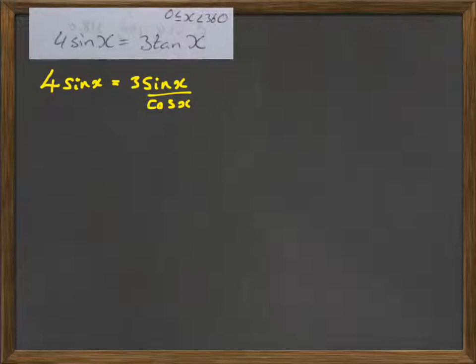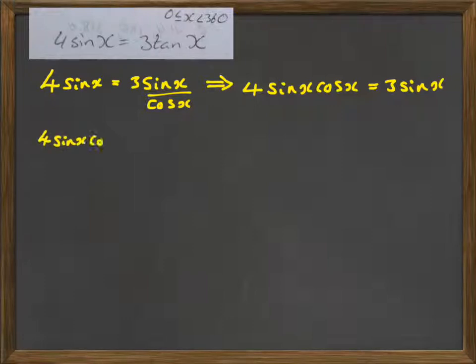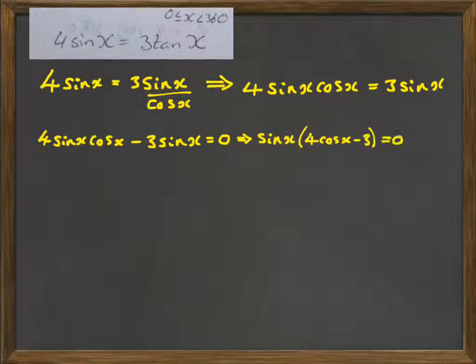of x. The next thing we're going to do is multiply throughout by cos of x, which will give us 4 sine x cos x equals 3 sine x. Now, as mentioned, we want this to be equal to 0, so let's bring the 3 sine x to the other side, or essentially subtract 3 sine x from each side to give us this, and then you'll see I've gone